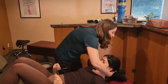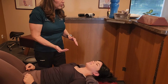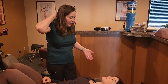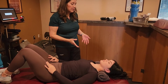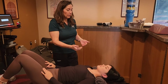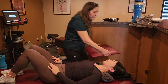Okay. But if you are sleeping at night, if you can put a towel under your neck like this, how does that feel? That feels good. So what we're doing is we're supporting the curve in your neck. Because we want to encourage that curve to come back. Most pillows push your head forward and will keep that head forward position. So if you have a small pillow, you can put something rolled up like this, put rubber bands, slip it in the pillowcase so that it holds and supports. Because you don't want too much of a pillow. If we put a tiny bit of a pillow underneath you,